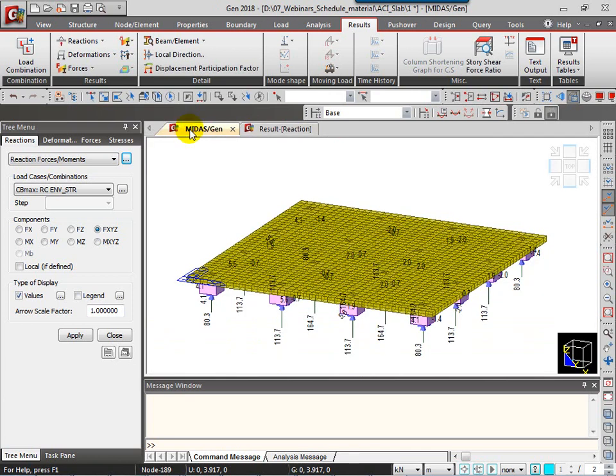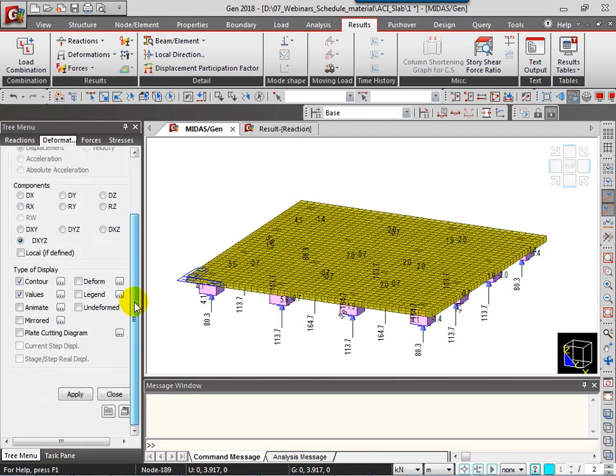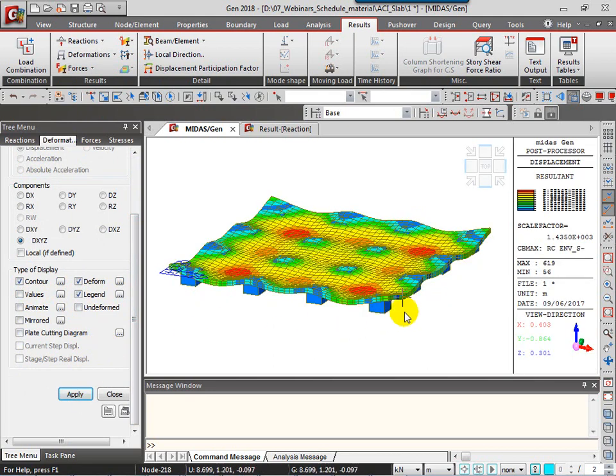Okay. After this, I would like to show the displacement contour under deformed shape, under deformations. So this displacement contour will be checked for the serviceability envelope, maximum serviceability envelope. I'll check the deformed shape. I do not want to see all the values on the entire plates but the legend, and I'll click on apply. So this is the deformed shape